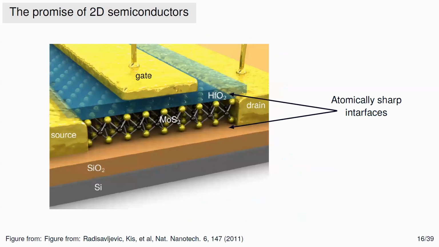And I'm sure that you can tell where I'm going. So this is a cartoon from now more than 10 years ago, where people were proposing that if you look for two-dimensional materials that are bonded by a van der Waals bond, so very weakly bonded between layers, you might be able to realize interfaces where your semiconductor channel is kind of decoupled from everything else. And because of that, electrons that travel through these channels may not scatter as badly as it happens in silicon, right? So this is pretty much the main premise of the research on electronics based on two-dimensional materials. So this is pretty much the dream, and there are thousands of groups in the world working in this area.